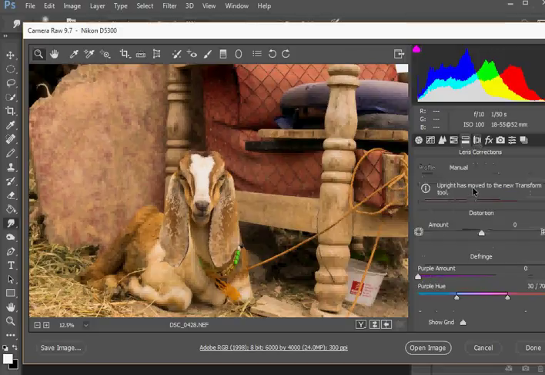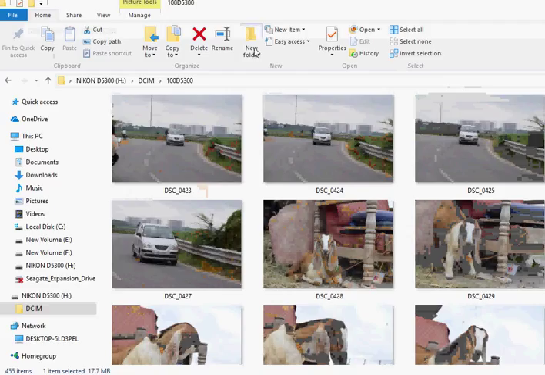Lens correction is very important when you're using any lens at the minimum mm. Like for example, you have 18-60 or 18-55, right? When you take a picture at 18-55 mm, you get this distortion. That's the problem with the lenses. Distortion is basically the roundness. Okay. For example, I have taken this picture in